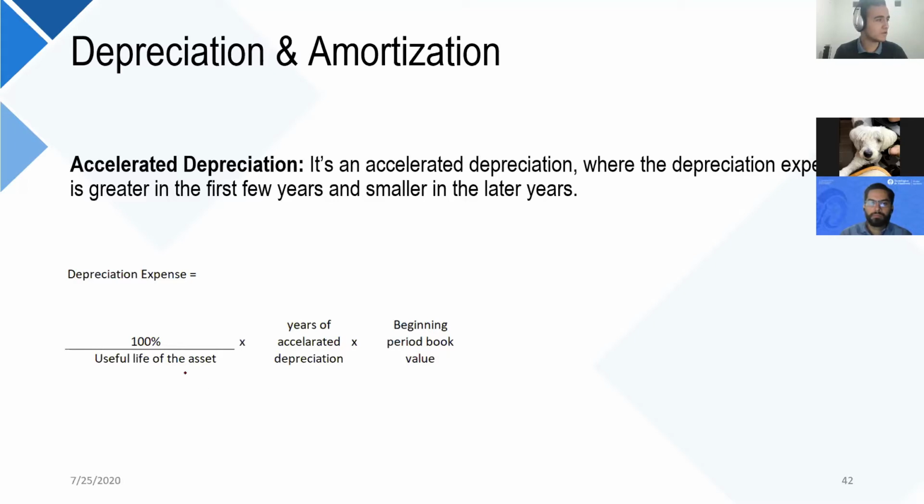For example, if you multiply this by 1, that means that you have 1 year of accelerated depreciation. That means that you will recognize the loss of the value of the asset completely in 1 year. If you have an asset worth 100,000 million pesos, you will recognize the 100,000 million pesos as an expense in the same year that you buy the asset. And that sounds a little bit